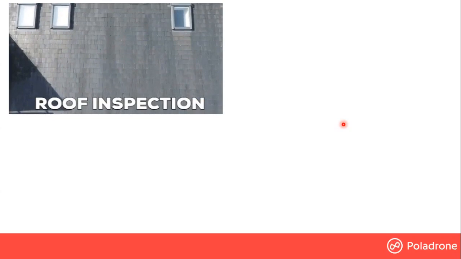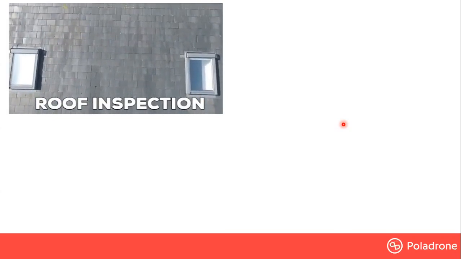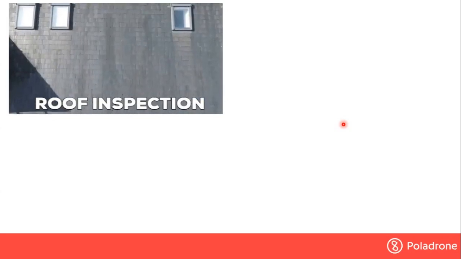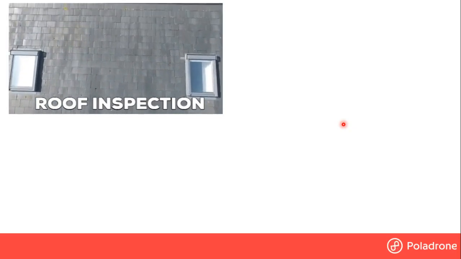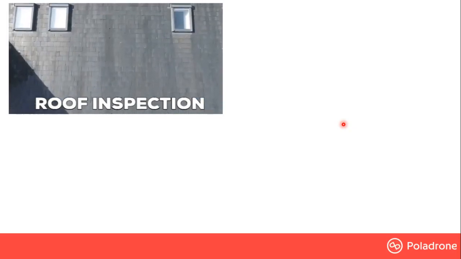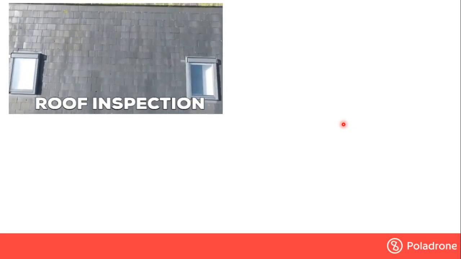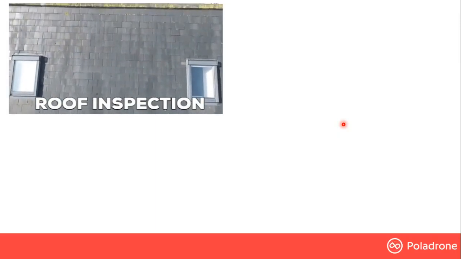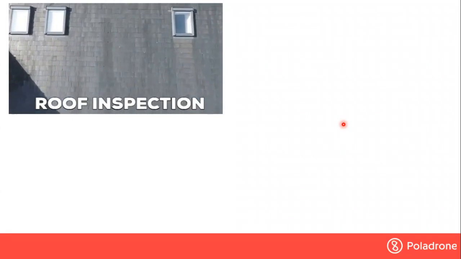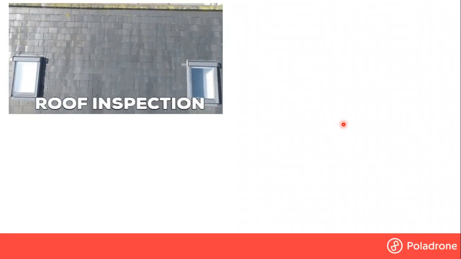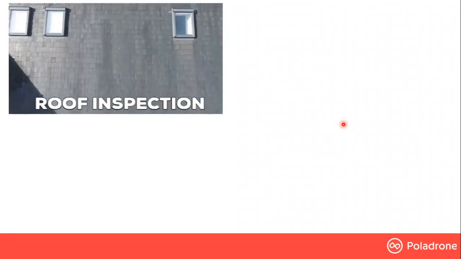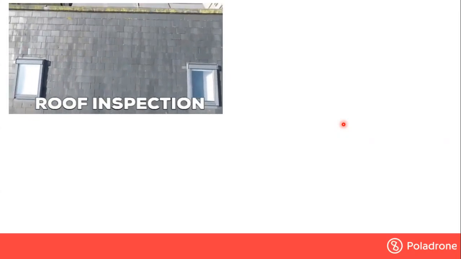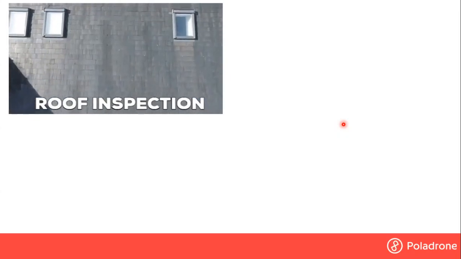And the problem with this is when they send people up there, sometimes the human labor, once they reach there, they don't know what they are supposed to look for, whether they're supposed to look for water leaking or damages or defects. So the data they get is unreliable, and there's no effective way to get a very good overall aerial view of the roof. So by using a drone, you can avoid all these problems.